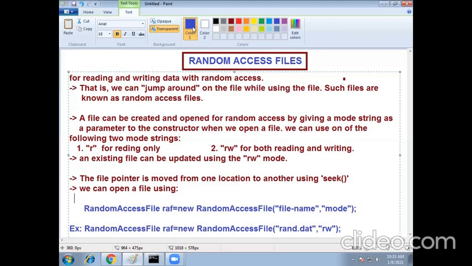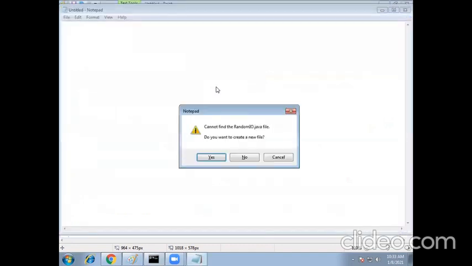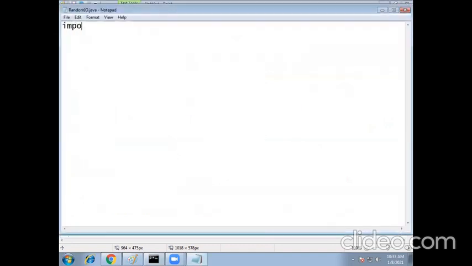Now let us see one example. Let us open an empty notepad file. My file name is randomio.java. Import java.io.*, and class.